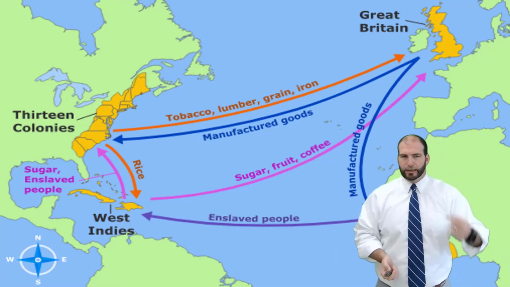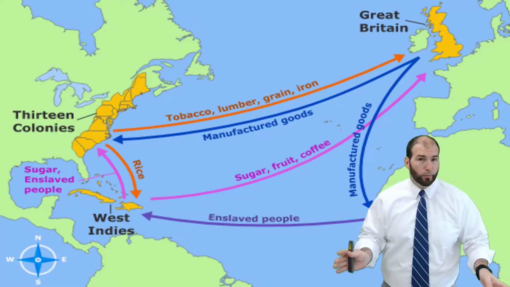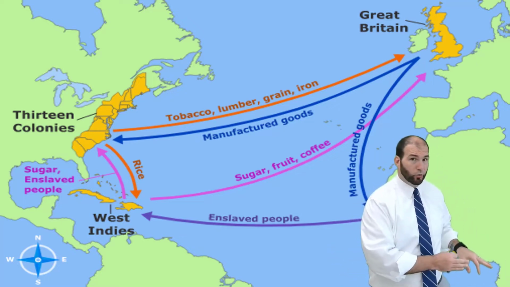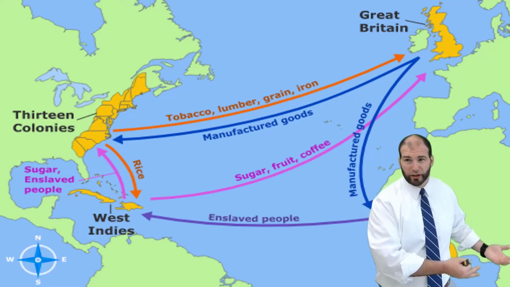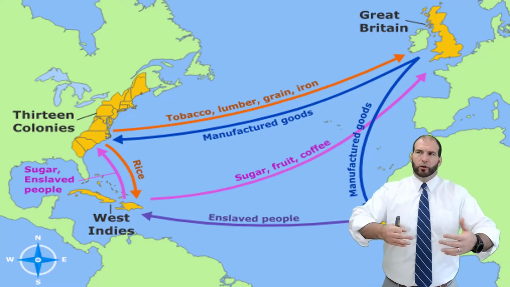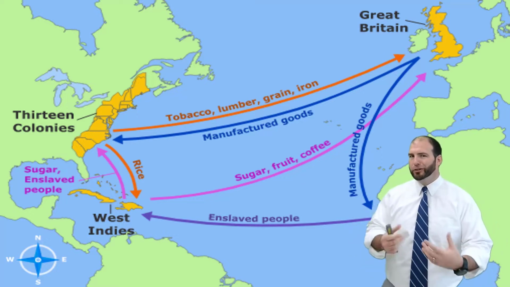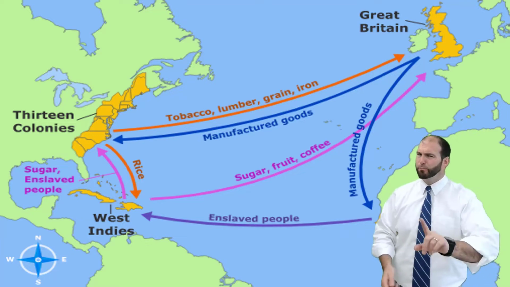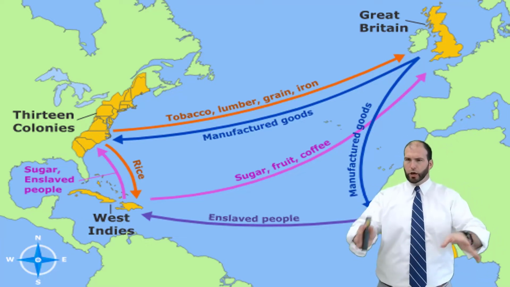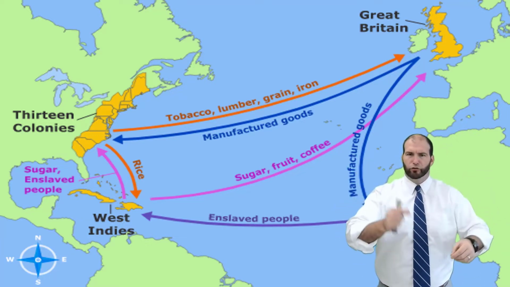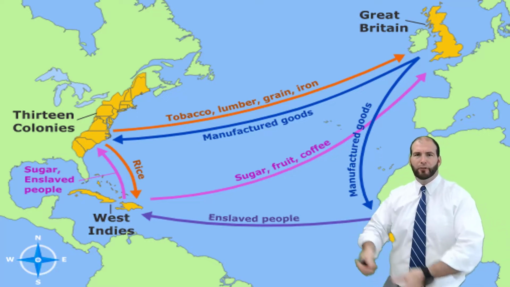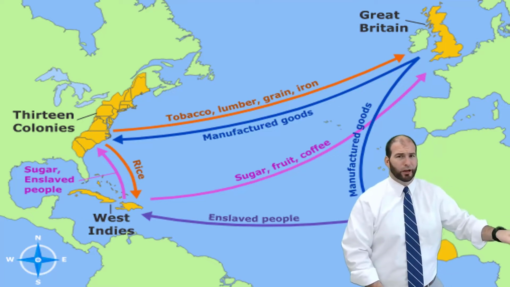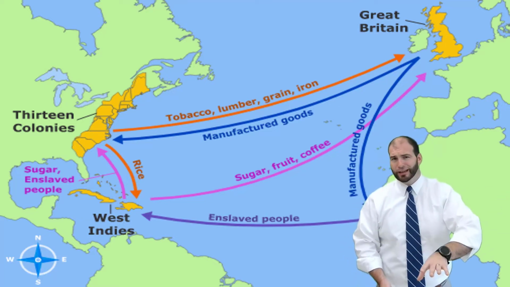Well, the colonies realized that England was ripping them off, and they were actually cool with being ripped off as long as England left them alone, because the colonies in the New World actually got to pretty much rule themselves. Well, there's about 10% of the stuff they're supposed to send to England, they just sell it on the side, which is a big no-no, and England should come in and stop colonists from selling these products at a profit to other countries and not just giving it to England. Now, 90% of the stuff makes it to England, 10% didn't.